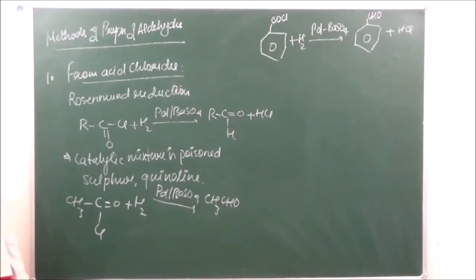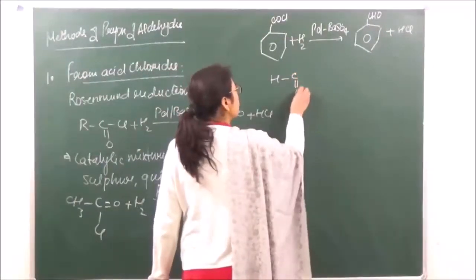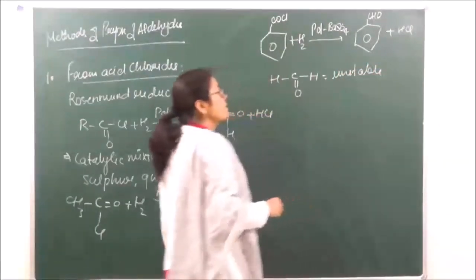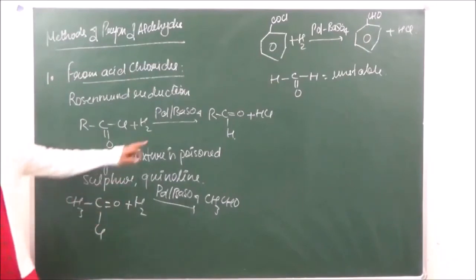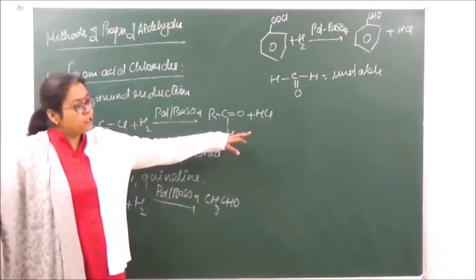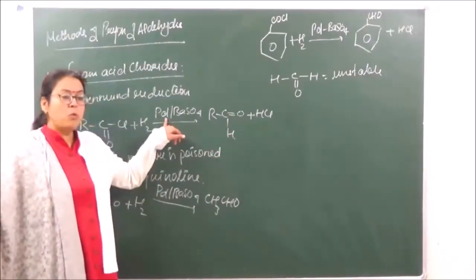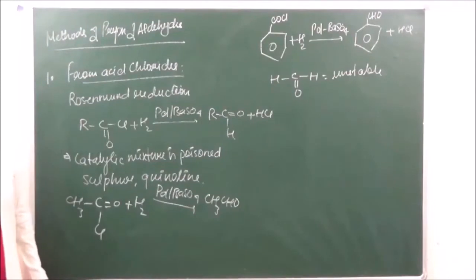Formaldehyde cannot be prepared by this method, right? Because of the instability of formyl chloride. So if we take formyl chloride over here, that is going to be HCOCl. This is going to be unstable. Because this is unstable, therefore this cannot be used for the preparation of formaldehyde. Okay? Now as I just told you, what is the function of the poisoning of the catalyst? The aldehydes formed are going to be further converted into alcohols by further reduction. So in order to prevent the aldehydes from being converted into alcohols, we are going to poison this catalyst, and generally we poison the catalyst by using either sulfur or quinoline.